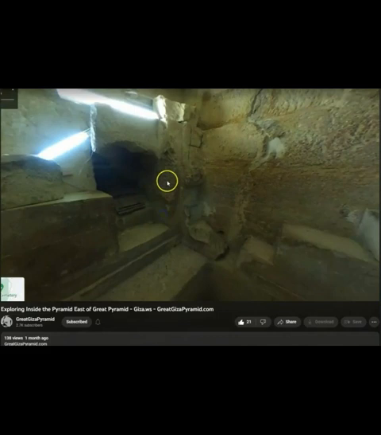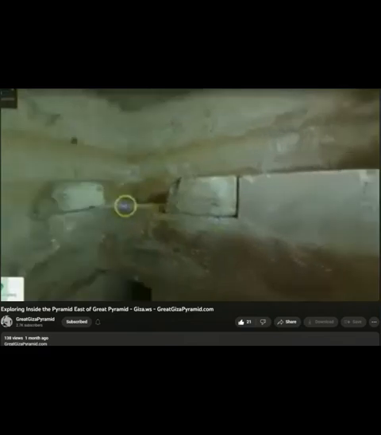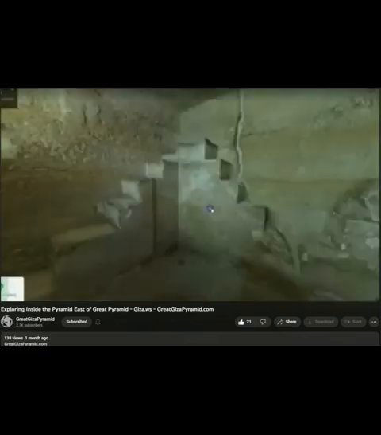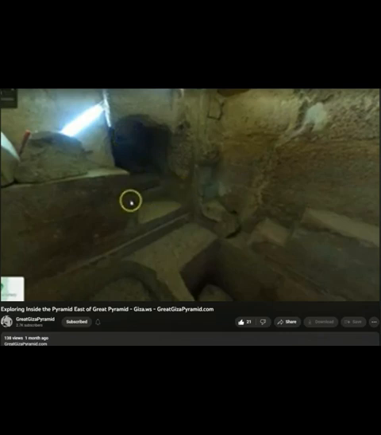Now, I do believe this right here is all broken out, you can see. And I do believe at the time that these chunks that you see scattered throughout the room here used to cover this such that the waters on the outside would enter at an elevation way down here, but would still